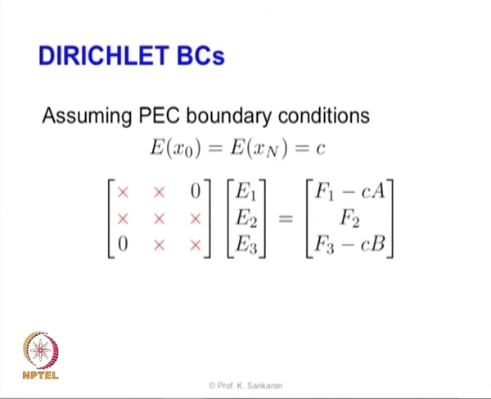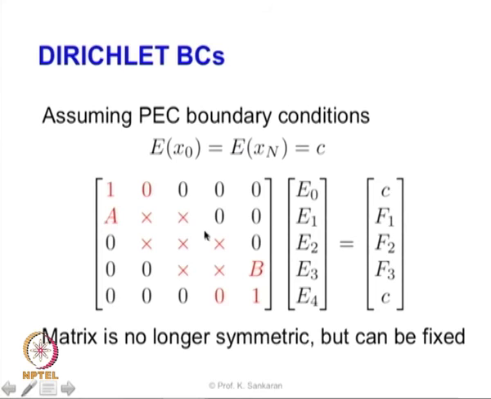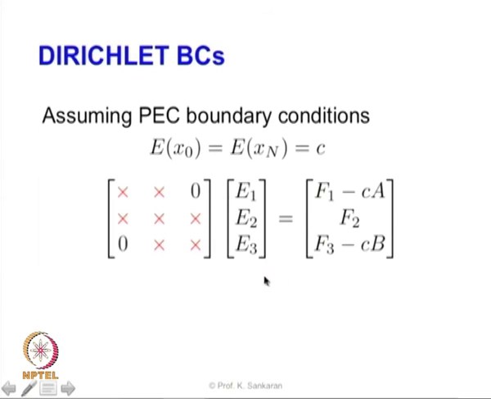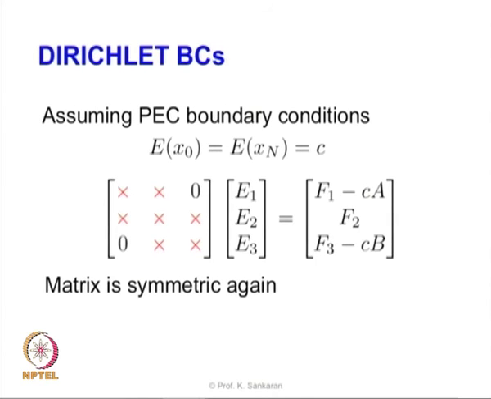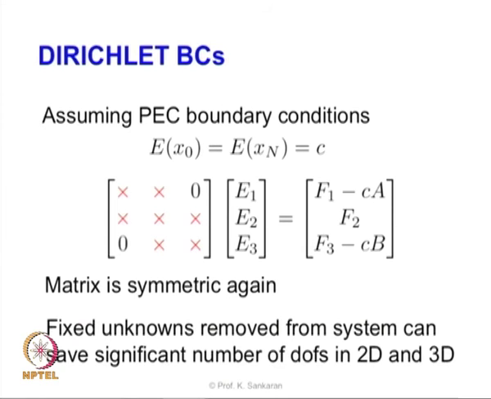So we are going to do the matrix manipulation where the values A and B are coming from the previous slide, where these are nothing but the first entry in the second row and the last entry in the fourth row. By doing that, what we have done essentially is we have reduced the matrix from an asymmetric matrix to a symmetric matrix again, and we have also reduced the number of unknowns from